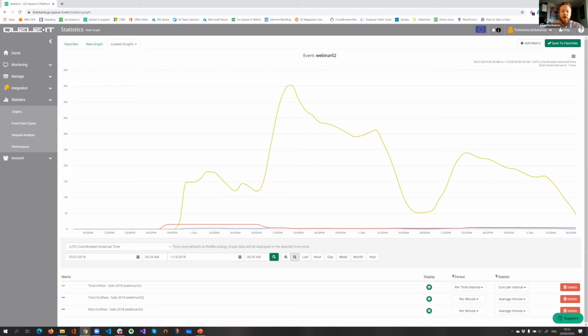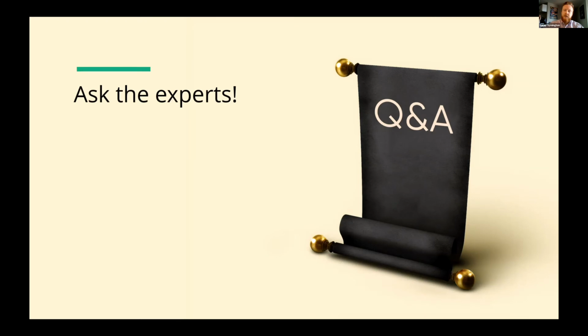You're able to tell the volume of traffic that showed up. Say your event starts at 11 a.m. You can see if there was a massive surge right at 11, or maybe if people trickled in a little bit after. We have a pre-queue function that you can track traffic trends with as well. So how many people are showing up prior to the start time? How many people are showing up right at the start time? And with those customizable metrics within the graphing tool itself, you're really able to see how those marketing efforts affected